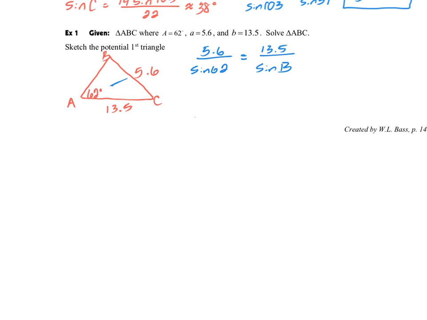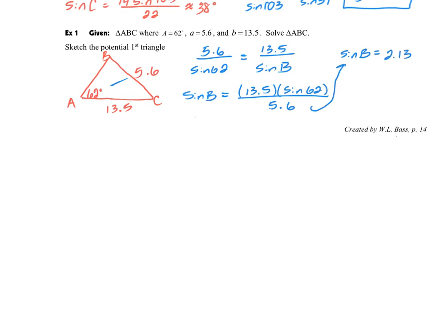Now, when I set all this up, I get sine B equals 13.5 times sine 62 all over my 5.6. Now, if you type in this right-hand side of this equation, what you should see in your calculator is that sine B equals